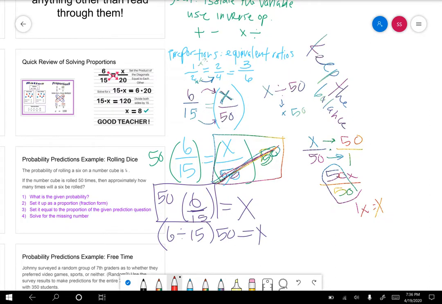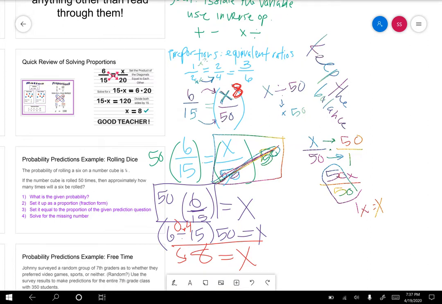A grand total of, let's see, 8. 8 equals x. Okay. Basically, again, how I got from here to here: 6 divided by 15 gives us 0.4. Multiply that number by 50 and you get 8. So the answer up here would be 8. So 8 over 50 and 6 over 15 are equivalent ratios, or proportional, right? So that's the basic gist of how to